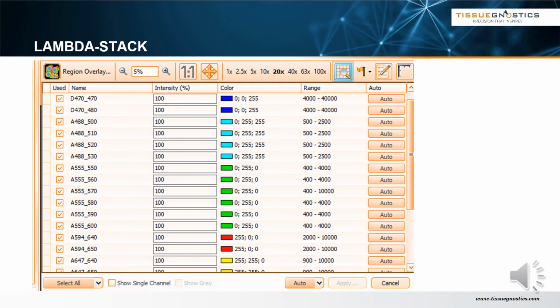spectral intervals. Like we see here, Alexa 488 gets acquired around 500, 510, 520 and 530 nanometer. Alexa 555 from 510 in 10 nanometer steps up to 600 nanometer. And this is done for all the fluorochromes that are present. So we generate a fingerprinting of the entire emission, all fluorochromes combined that we have here.